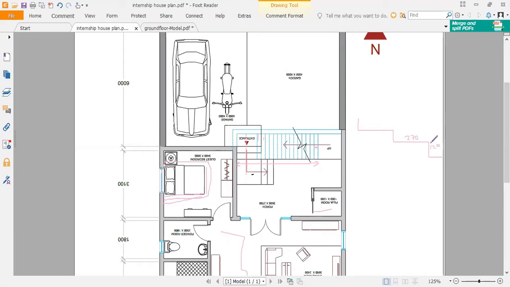The tread is 270 and the riser is 120. So what happens in a hurry? People get a lot of space to step, and they feel very comfortable, with less hurdle to climb the stair. So they can quickly run through this.